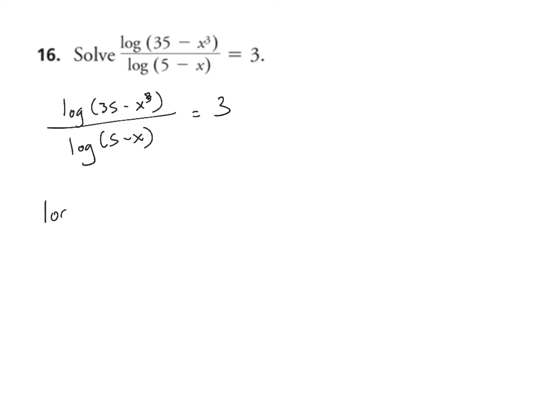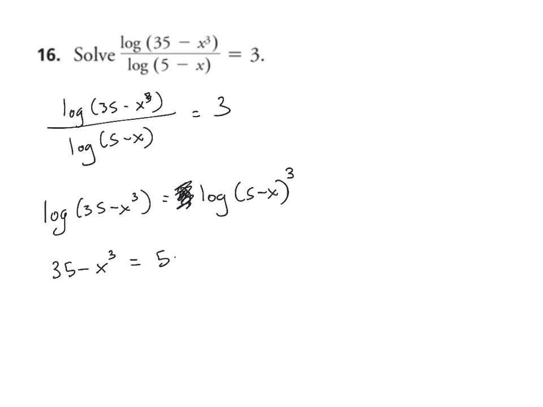So you got the log of (35 minus x cubed) equals 3 times the log of (5 minus x). Now let's bring this 3 up here. That's one of the rules with logs, the power rule. And so now we have the log on both sides, and we could say 35 minus x cubed equals (5 minus x)